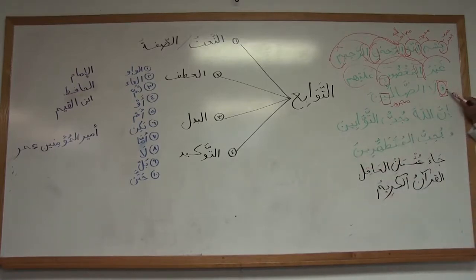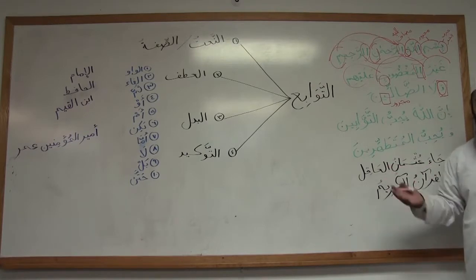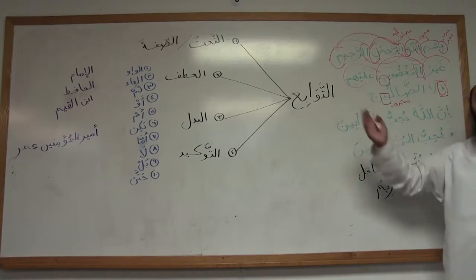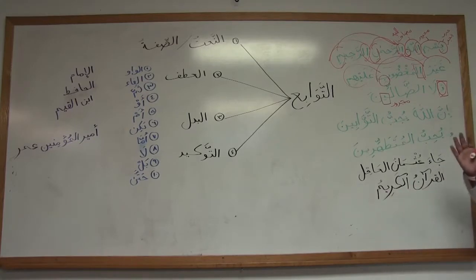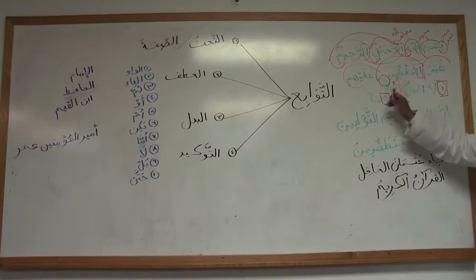So because we're connecting with the waw, and there's different types of waw. There is waw al-ma'iyya, we discussed that in mansubat. There's waw al-qasam, we discussed that in majrurat. There's waw al-atf that we're discussing here. And there's more. We'll discuss this as the class goes. But this waw is to connect these two. Right? Because we don't want to be on the path of either one of them.